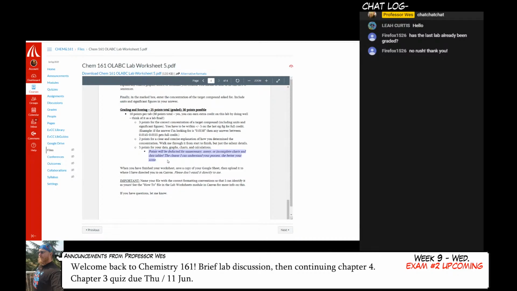Any table that has numbers in it and doesn't have a label, I will just deduct points for. You've seen how my tables have looked this quarter, how everything is very clearly labeled and describes what I want you to put in there. I want you to do that, because that's what your lab book should be like, and I have provided you with more or less a blueprint, so you can go back to the previous labs and copy what I did,